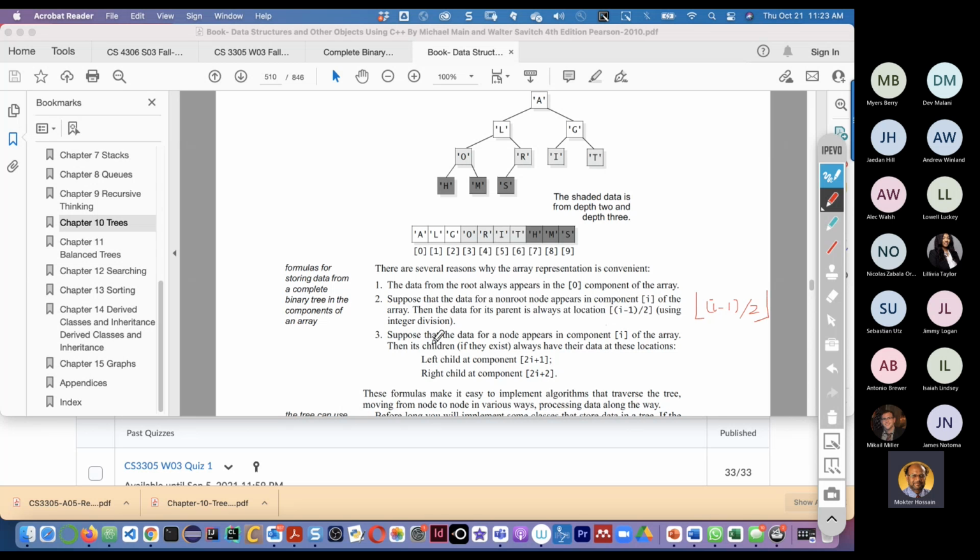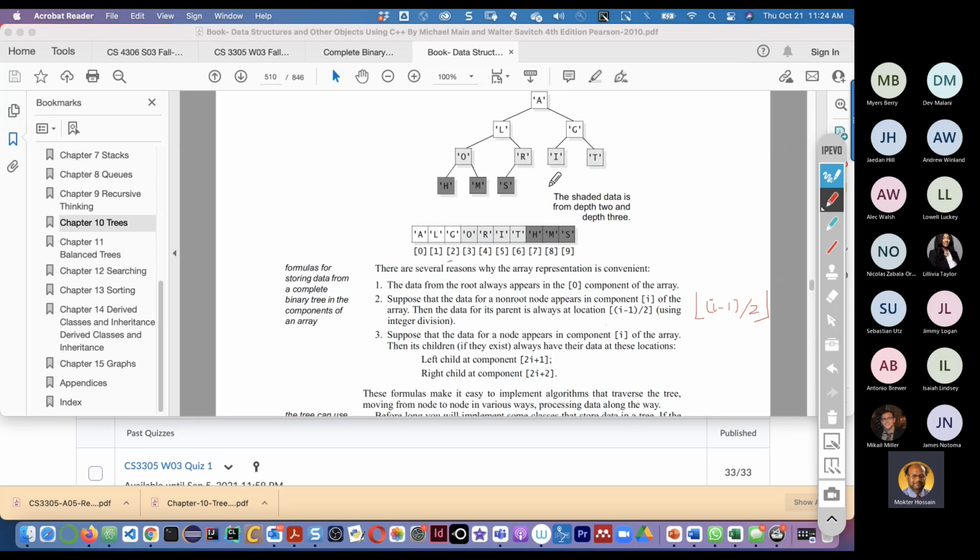Now let us see, if we know the index of a node, how can we find the child indexes, the left child and right child?